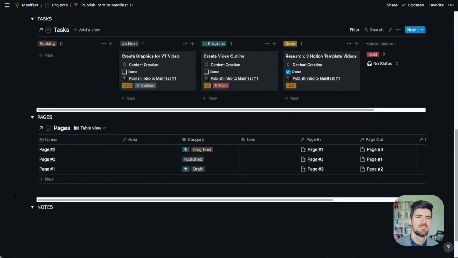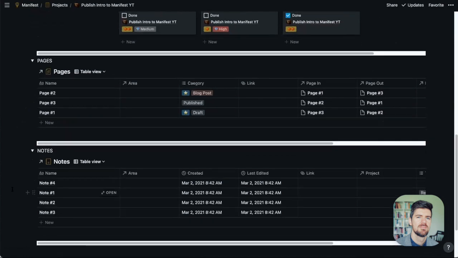Pages and notes are both databases as well, and are in that mindset area in the very bottom of the homepage. The way they're broken up is notes are very quick ideas, notes that are not quite projects or tasks, but that you want to refer back to sort later. So in Getting Things Done, big emphasis on making sure you're clearing out your inbox, clearing out any open loops to put them in their appropriate place. So these 2 apply directly to that methodology.